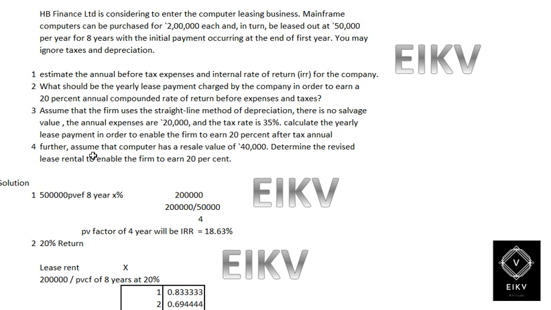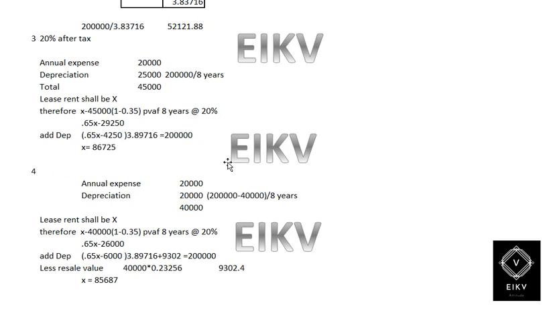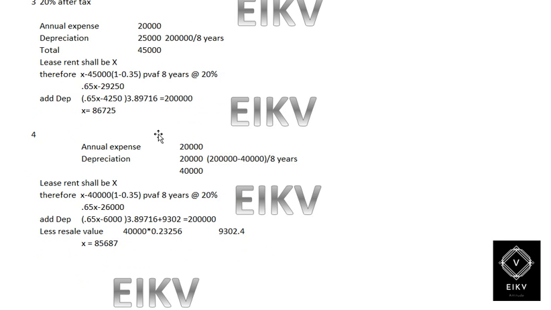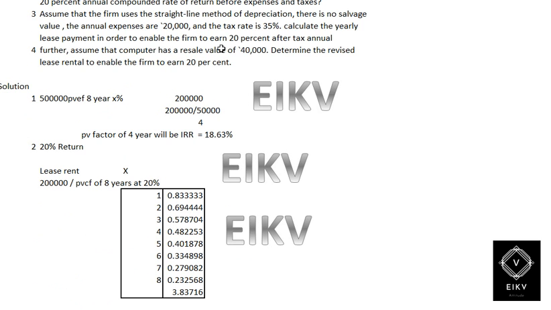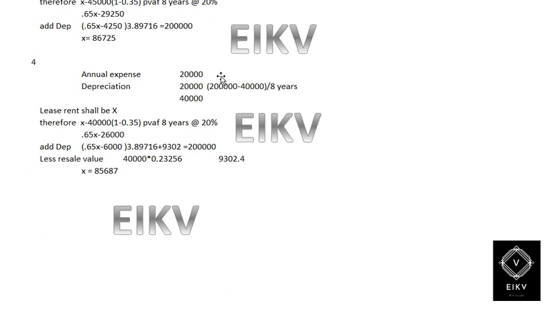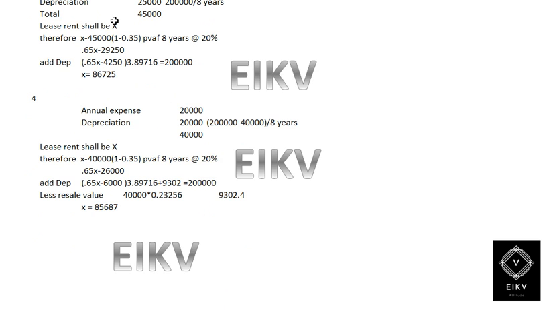Now the fourth question. Further assume that the computer has a resale value of 40,000, and determine the revised lease rent to enable the firm to earn 20%. So here, including everything from the above question, there will be a resale value of 40,000. Therefore, for computation,